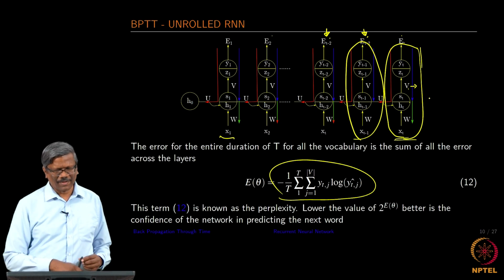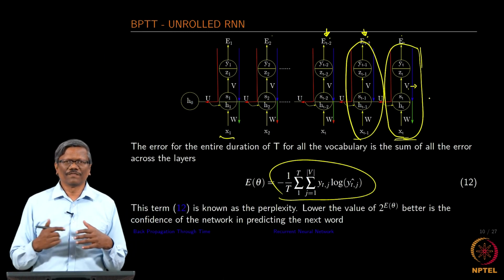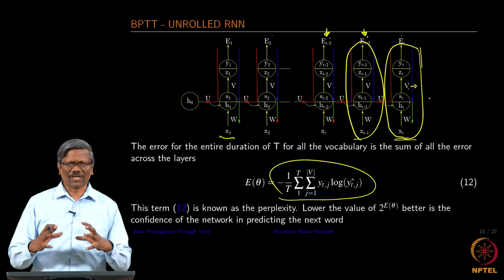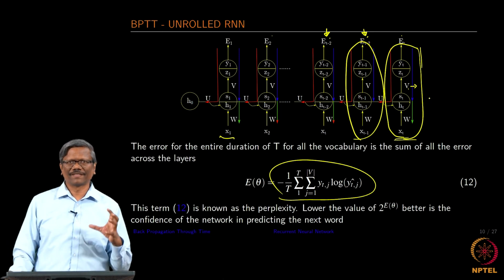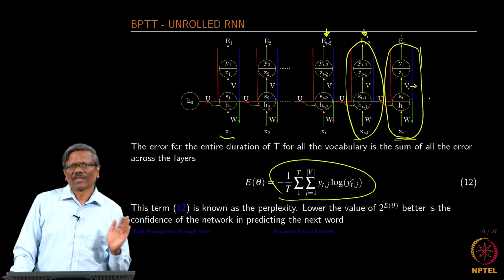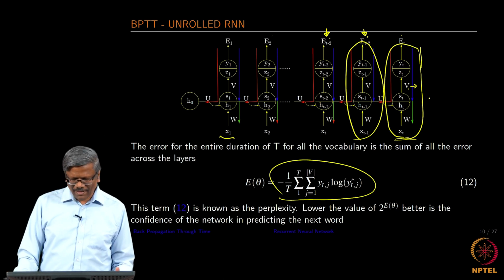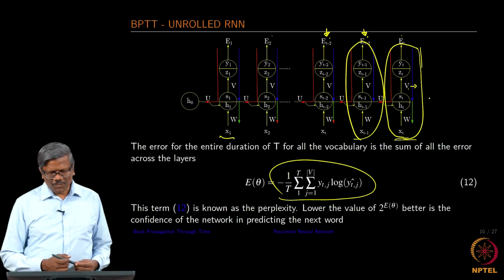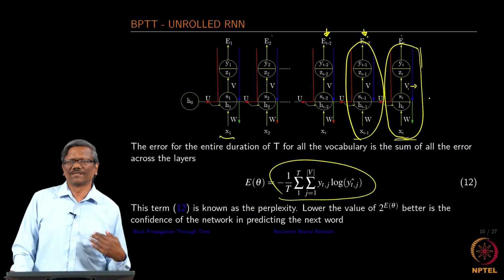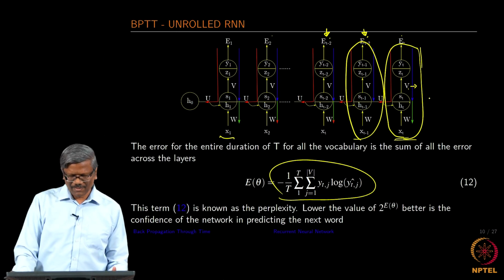Again, if you look at this parameter, when this becomes smaller and smaller, the confusion in terms of what is the pattern that I want to identify within the network, I am talking about the network looking at the patterns, right, the confusion for it is going away when the value of E becomes smaller and smaller. Okay. So, that is what we call perplexity. So, when this becomes smaller, we know that the network now has a lot of confidence in terms of identifying or predicting the next word if you are using it for a natural language processing application.